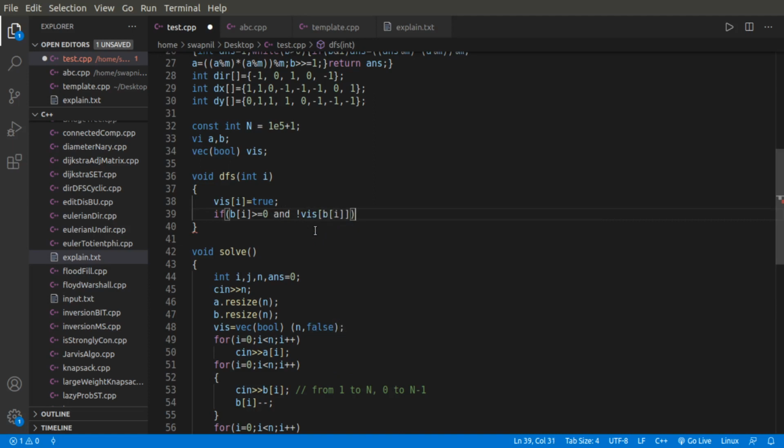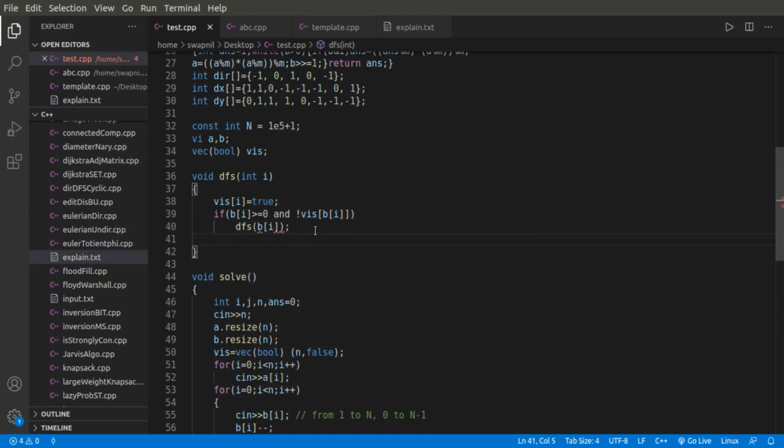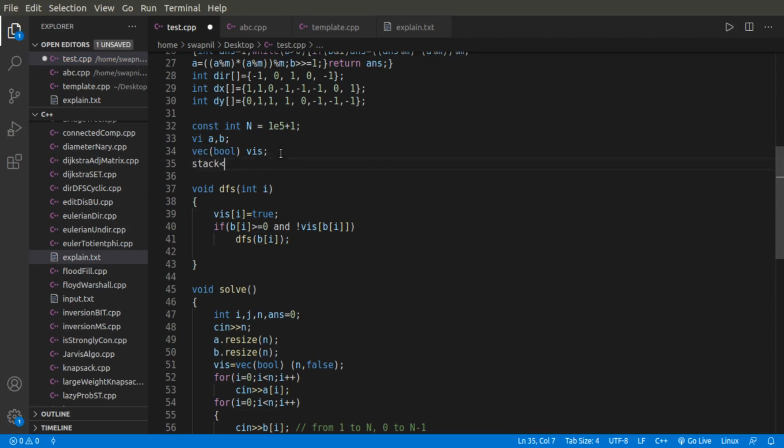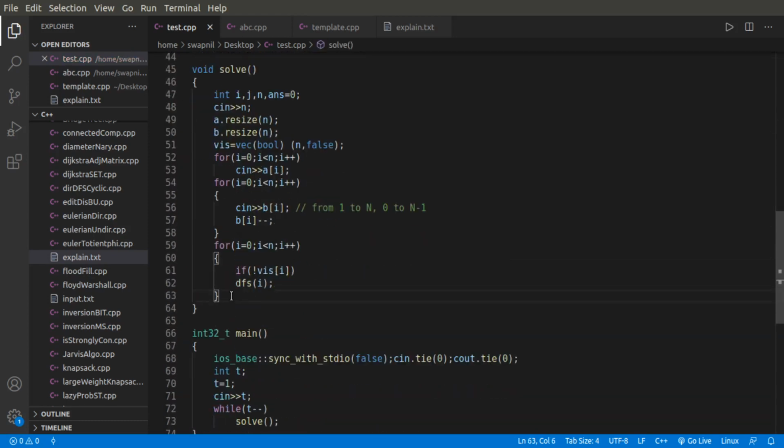If so, we will call this function with the next node. And I will also make a stack which will store my topological sorting order, and we will push the node i, or the vertex i, over here.